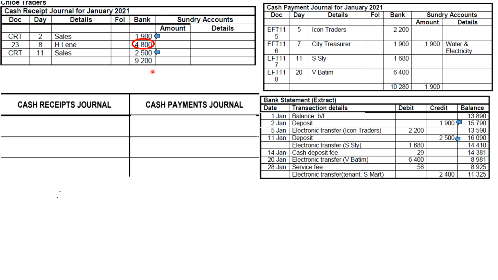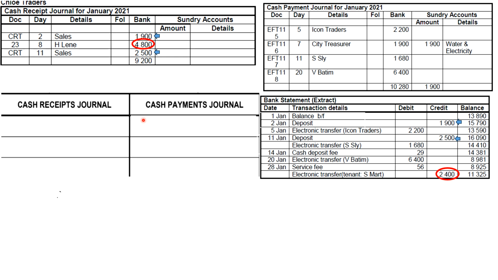But if you take a look here in your bank statement, there is 2,400, but that amount is not there in our cash receipt journal. That means we forgot to record something. When we were recording in our books, we made an error. We did not record this 2,400, but the bank recorded it. So that is what we're going to fix. So we're going to circle this 2,400 because we're going to fix that amount. This 2,400 is the one we're going to fix here in our answer sheet. This is what we're going to be recording. The bank recorded it, there it is here, but we don't have it in our books. That's why we're going to fix it.